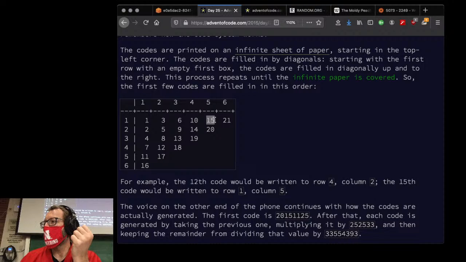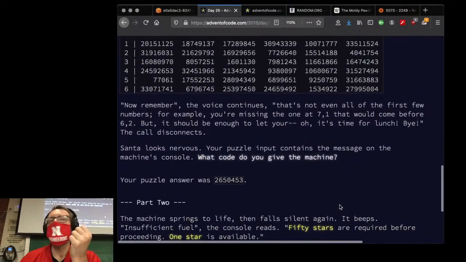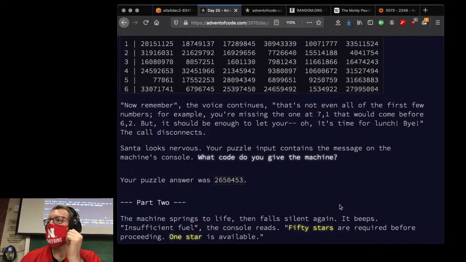The voice on the other end of the phone continues with how the codes are actually generated. The first code is this. After that, each code is generated by taking the previous one, multiplying it by that, and then keeping the remainder and dividing that by that. So very, very large numbers here. And sometimes it's